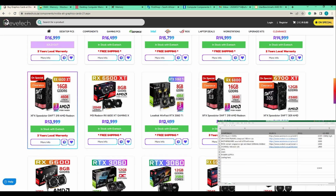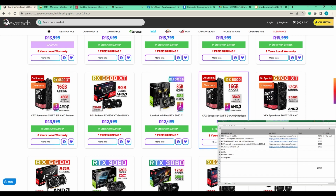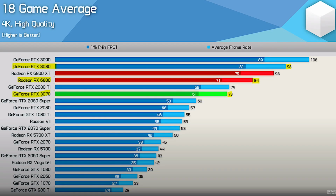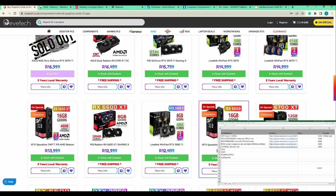And the 6800 XT is not even that far from this one in terms of price. It's like 14,000, and this is 12,000. For 12,000, you're getting pretty much the same performance as the 3080 or better performance than the 3070 Ti, so I'm really surprised that it's the same price as the RTX 3060 Ti. Grab this as soon as you can. Prices might continue to drop, so if you want to wait, maybe wait, but I wouldn't guarantee that you'd see